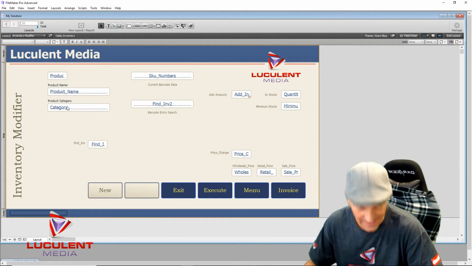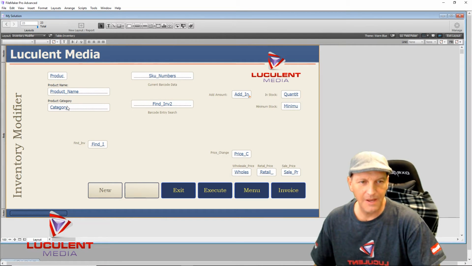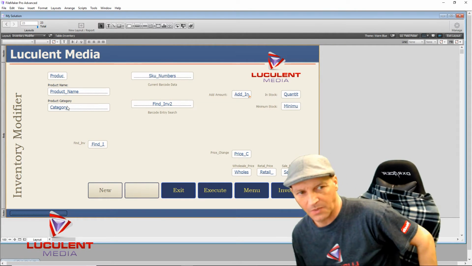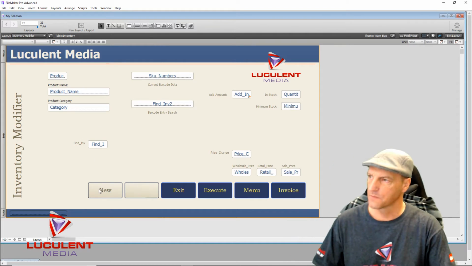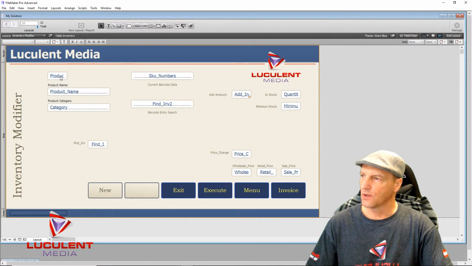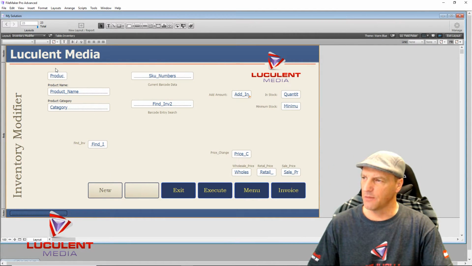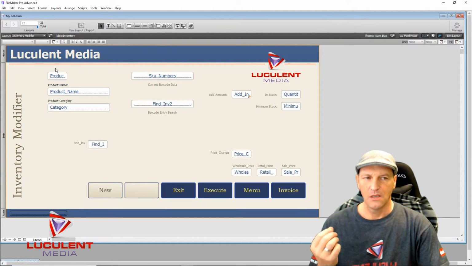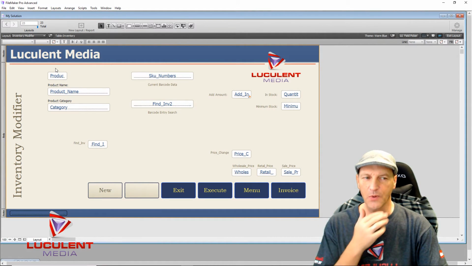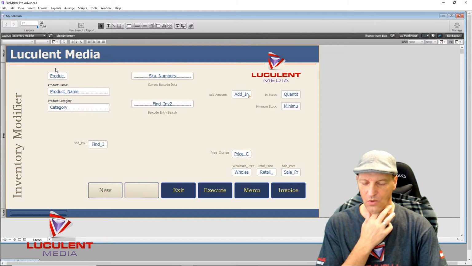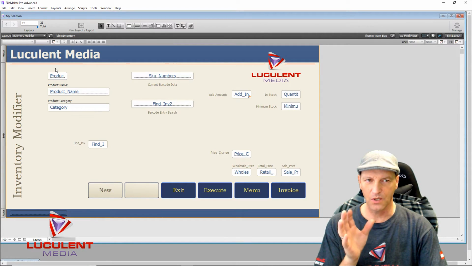Because you're going to be adding information to this page. Now, the product ID, the product name, and the category, and you're going to duplicate this page, and so don't get too lost, because we're going to duplicate the page,